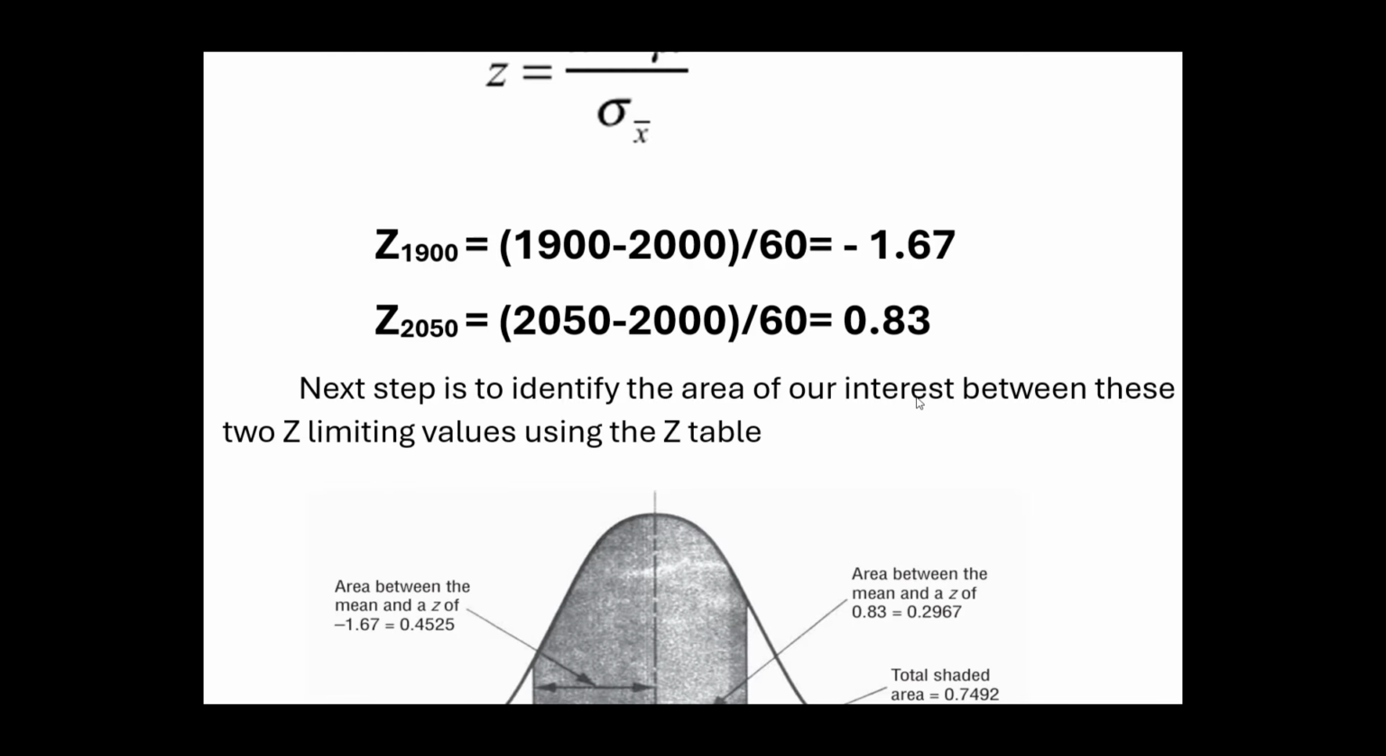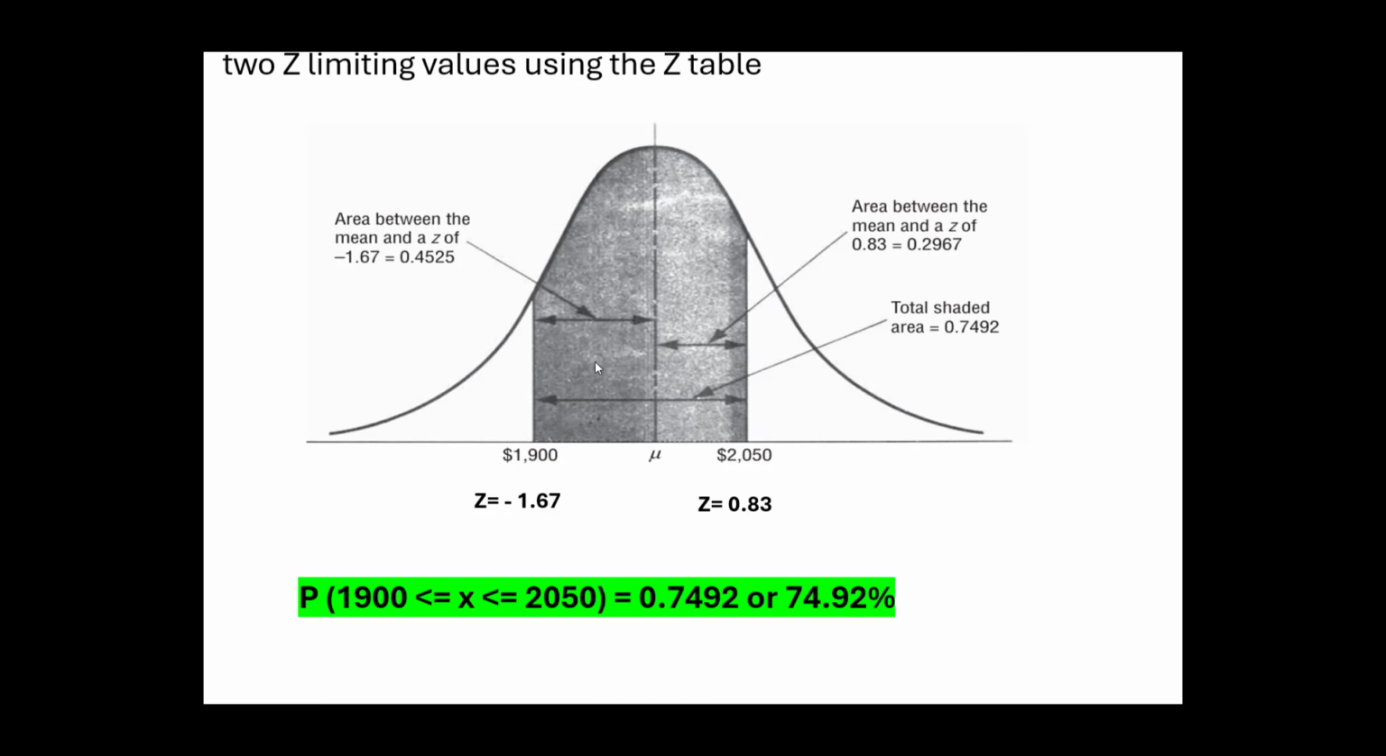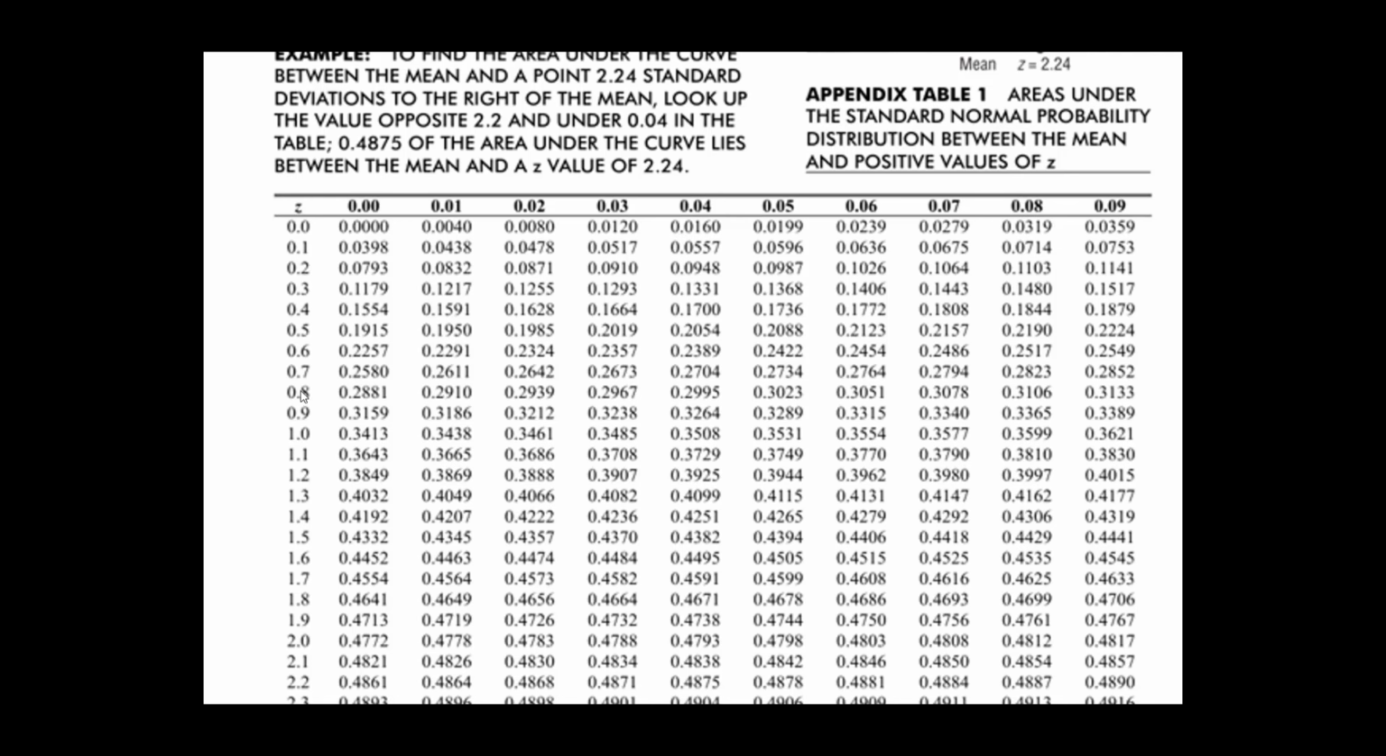Once we do that, our next step is to identify the area of our interest between these two values of z, and you can even draw a rough diagram. So this is the diagram which we should develop. So if you see here in this diagram, this is z equal to 0.83, this is z equal to minus 1.67, and we can use the z table to calculate the value. For z equal to 0.83, this is your table. So you go for 0.8 and 3, it will be